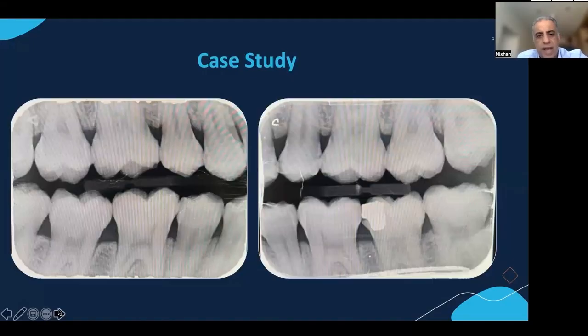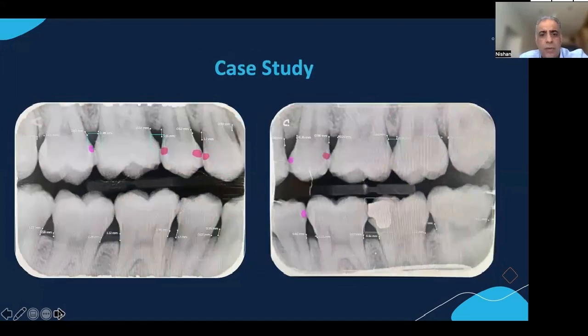Once we got the x-rays, I called him back for a second consultation, and we put the x-rays into Pearl. A few things showed up. We highlighted the calculus that was visible, and then we went through all the pink dots with him. The early carious lesions first, explained to him that these are early, they don't necessarily need intervention. But some of the other lesions did need intervening, and he was booked in